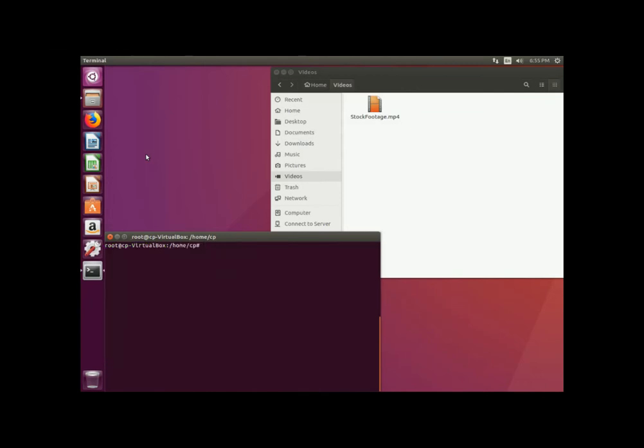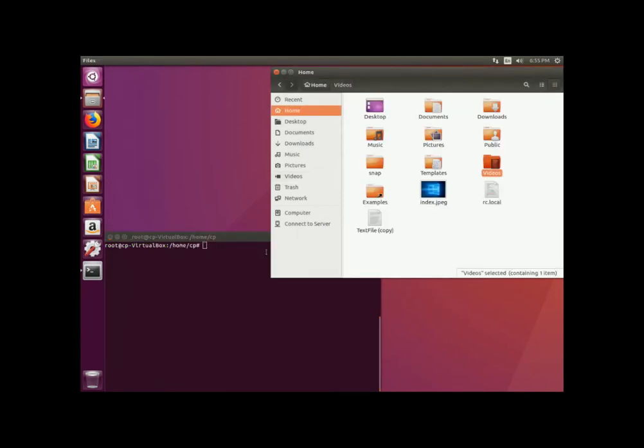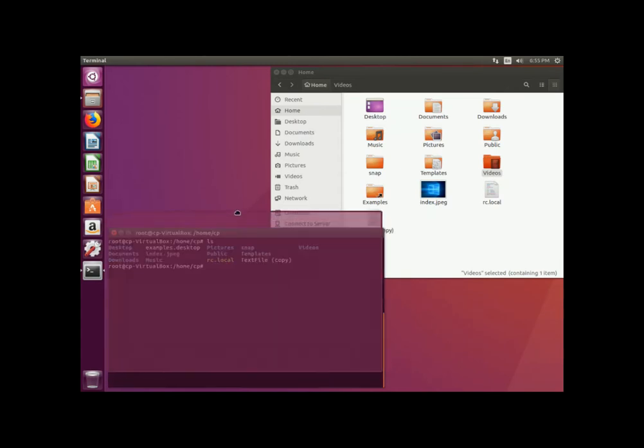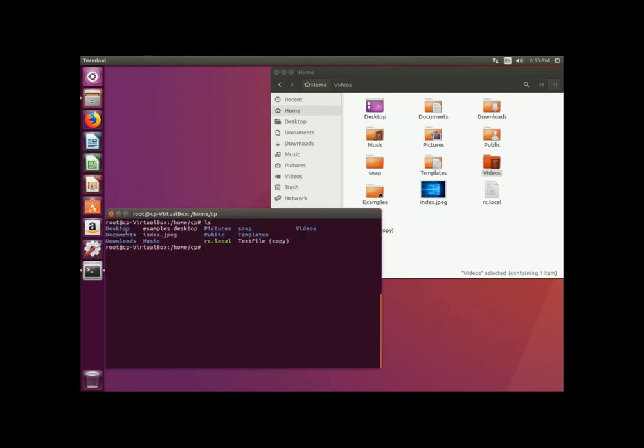Now, since we'll be using the terminal a lot more in Linux, it's good to know the basics of terminals, such as how to know what type of file is what. So if we do an ls to show what's in our folder, we have different colors describing different types of files. There's only four main ones you need to know. So there's blue, like Desktop, meaning it's a directory or a folder, something you can go into, put files into,